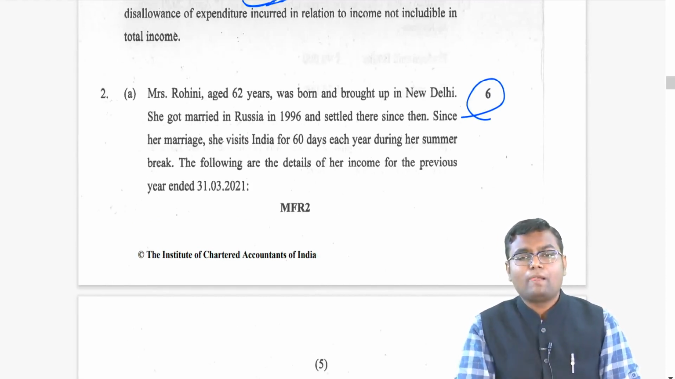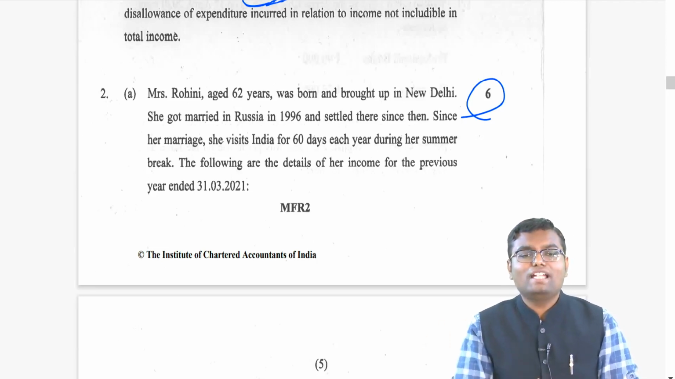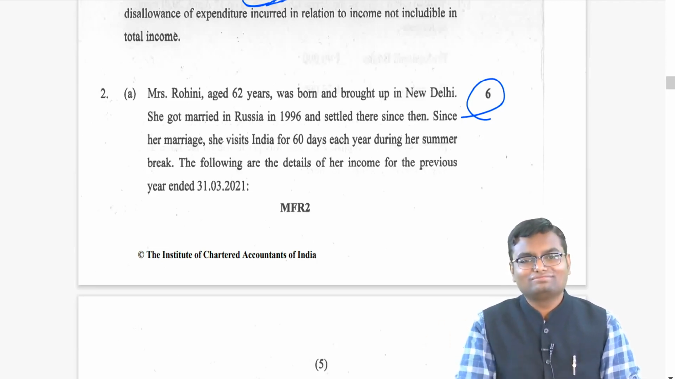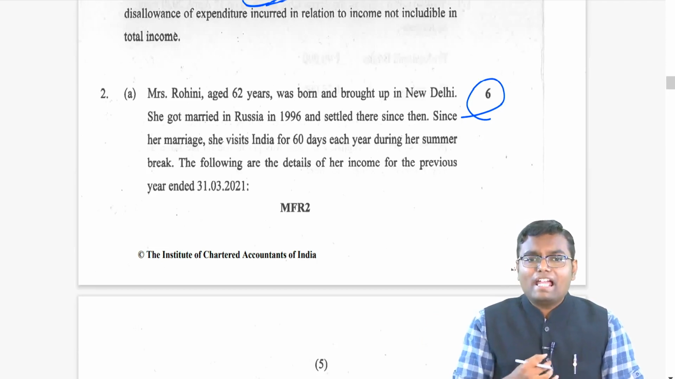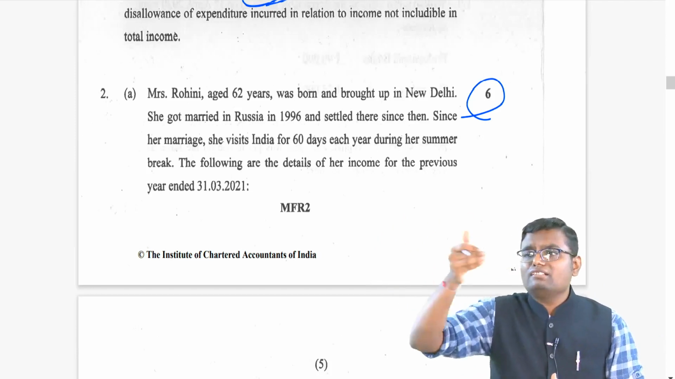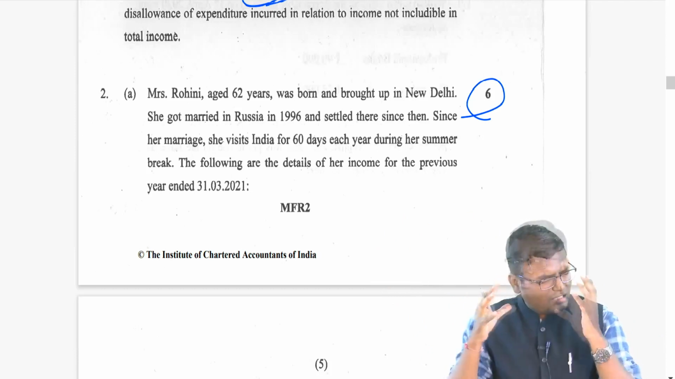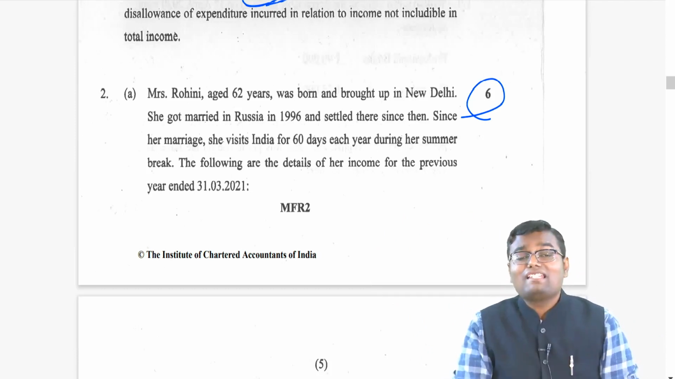That is okay. Now here, Mrs. Rohini, aged 62 years, born and brought up in New Delhi. Can I say she became an Indian citizen? And now she gets married in Russia. So whenever she comes to India, an Indian citizen is coming to India for visit purpose. For an Indian citizen coming to India for a visit purpose, if her Indian income is less than 15 lakh,